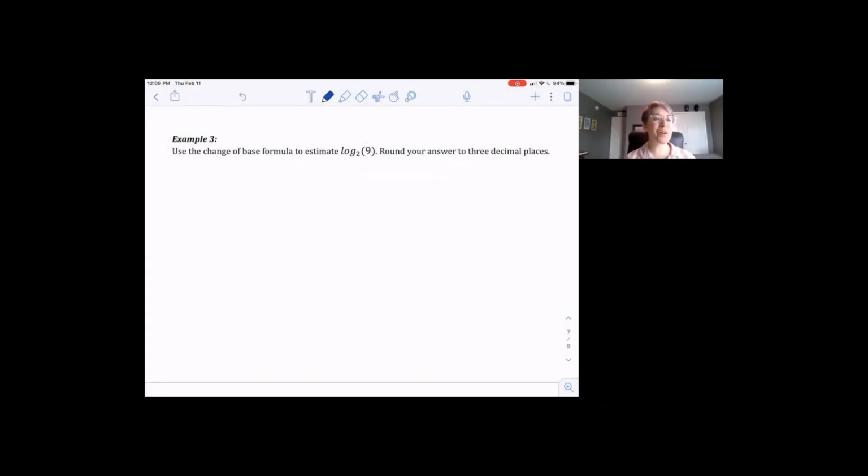In example 3, they want us to use the change of base formula to estimate, and there is a huge hint there: estimate log base 2 of 9, and then round your answer to 3 decimal places. The words estimate and round your answer are a hint we're going to be using our calculator, because there's no exponent of 2, a nice number that we know of anyway, that would give us 9. So in our calculators, we can put log of 9 divided by log of 2, and that would give us approximately